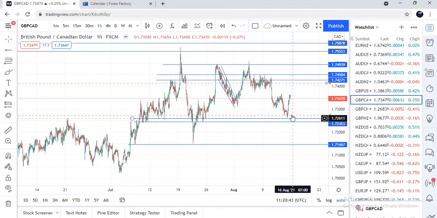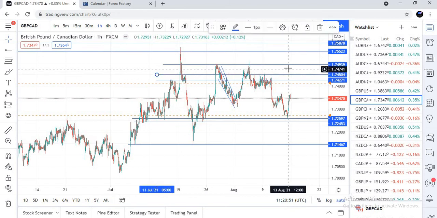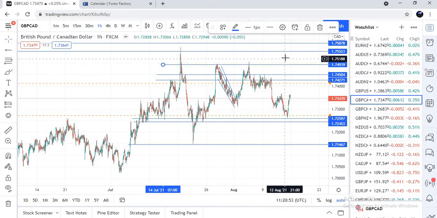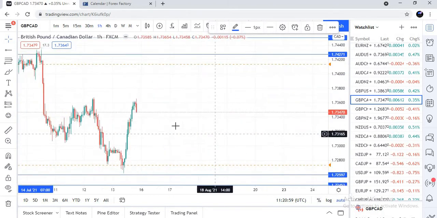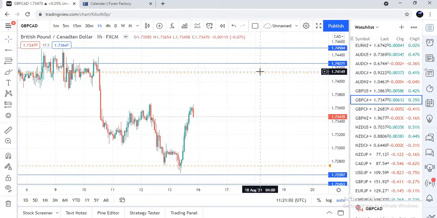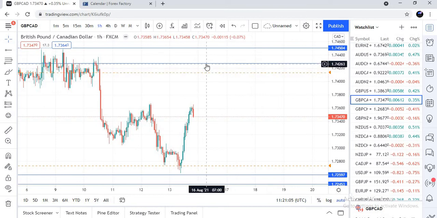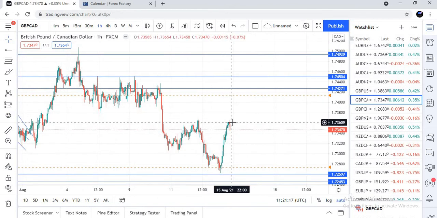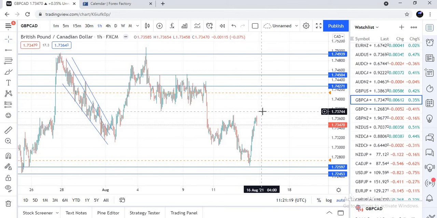The reason why we set levels like this is just in case this level gets broken, this level might get respected. Or if this level gets broken, this level might get respected. It is all risk. So we're just going to be watching how the chart reacts on these levels. That's why we are setting alerts before the price gets to this level. We will watch the movement of price around these levels. If we see something really bearish or bullish around either the resistance or support levels, we are going to leave the trade alone and not trade that pair for that period.